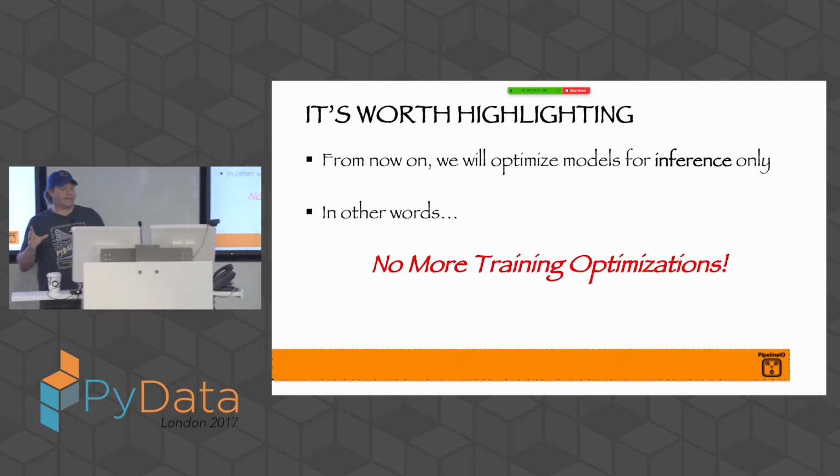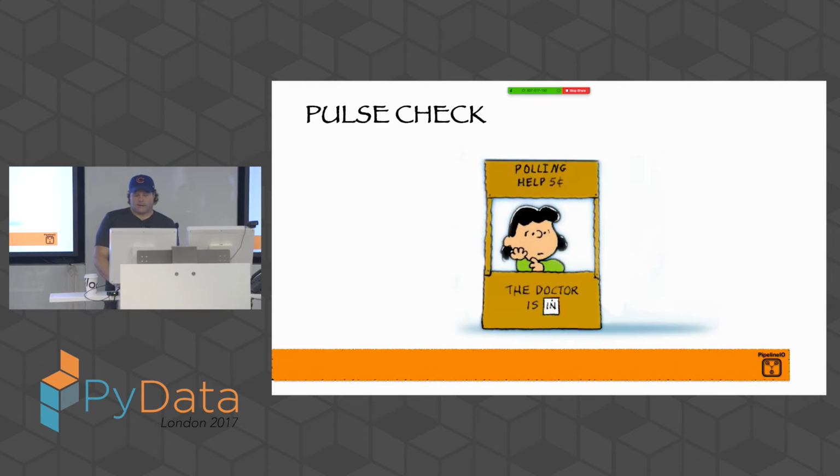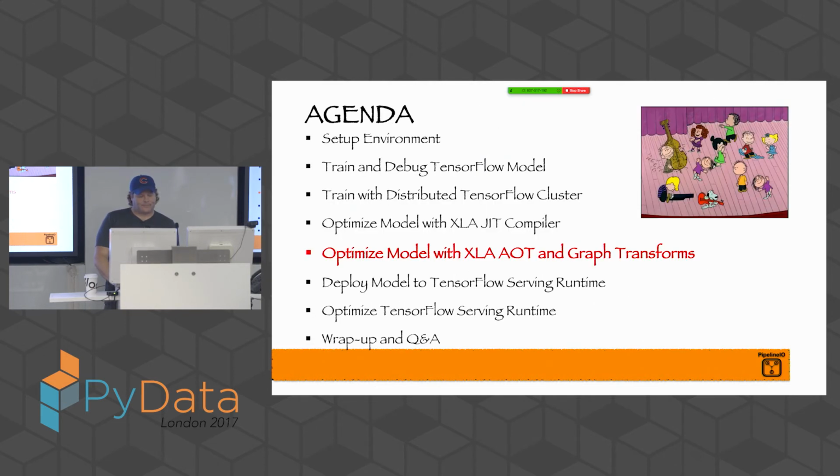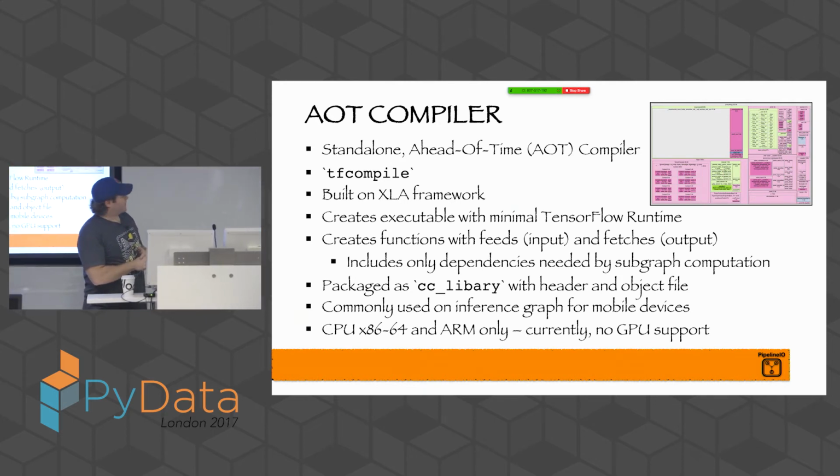So from this point on, this is going to be mostly inference talk. So this is the prediction side of things. These are optimizations now. That model has been trained, and so there's certain things that we can do to actually make the prediction side faster. So this is where the AOT side of this comes into play. So for example,